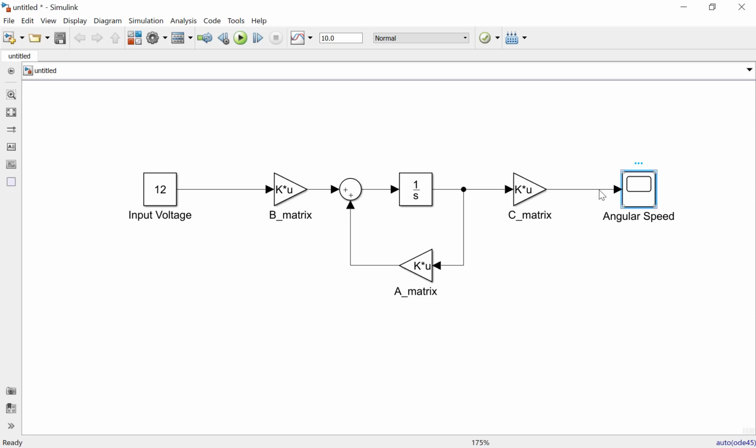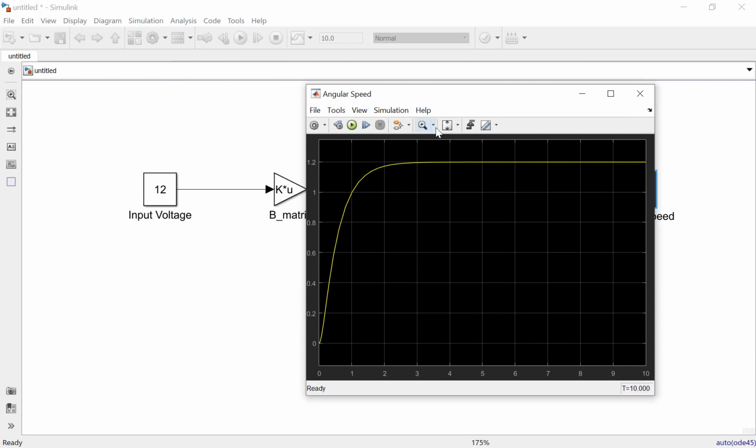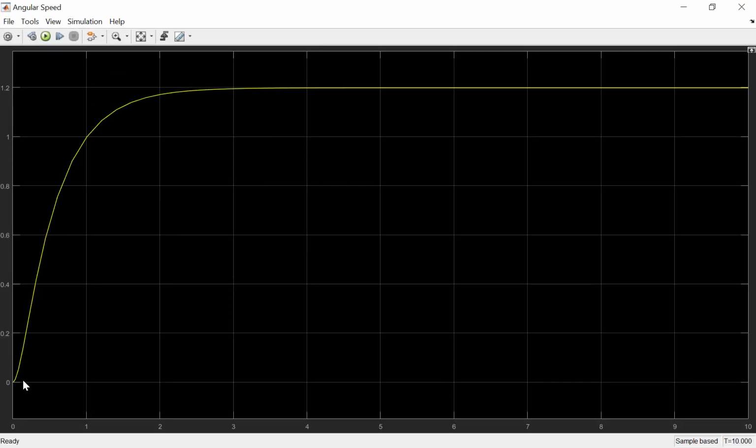So by using the 12 volt input voltage, we can see this is the system response. We know that when we give input voltage to the DC motor system, it will increase the angular speed, the rotation here, from 0 to be stabilized at 1.2 RPM here.